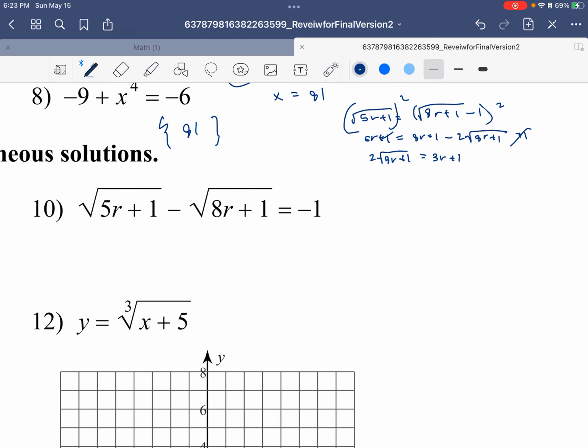And I'm gonna square both sides, and that's gonna give us, so when you square, it's squaring these both, so 2 squared is 4, and it's gonna get rid of our square root, and over here it's gonna be 9r squared plus 6r plus 1, and let's multiply this in. 32r plus 4